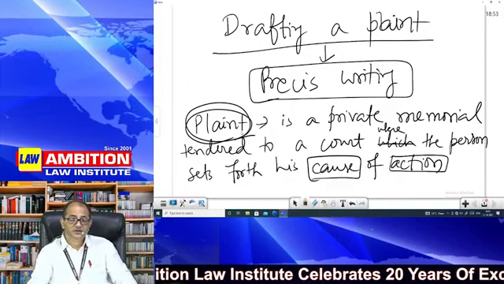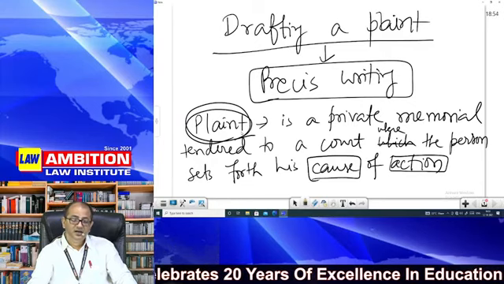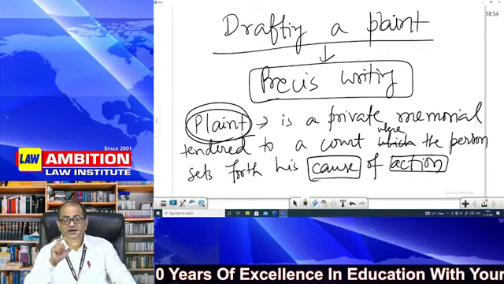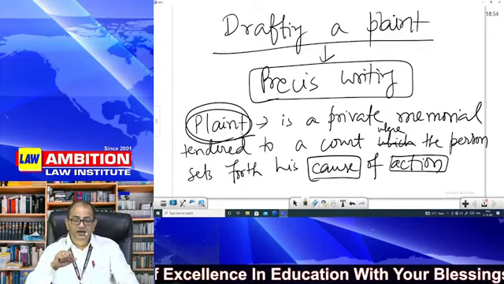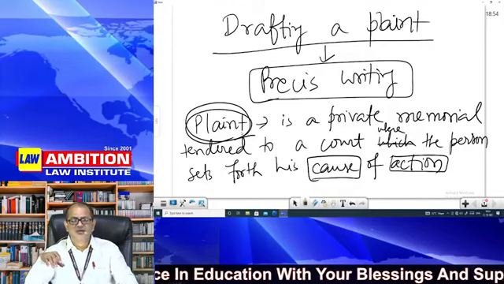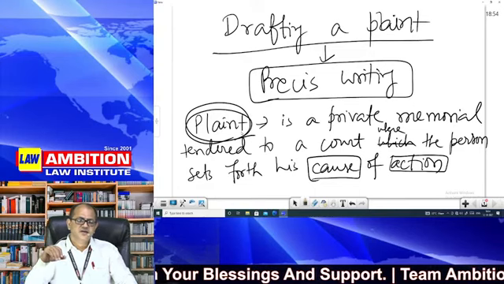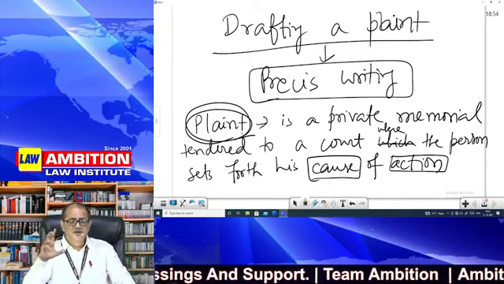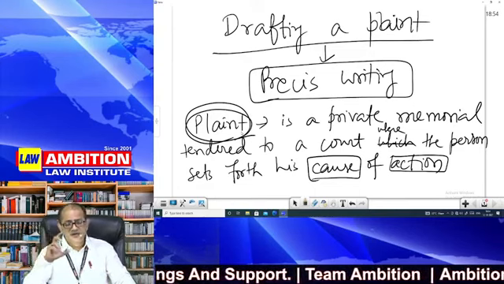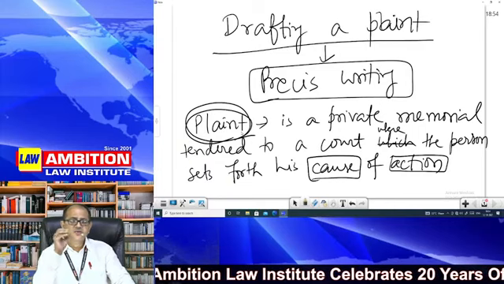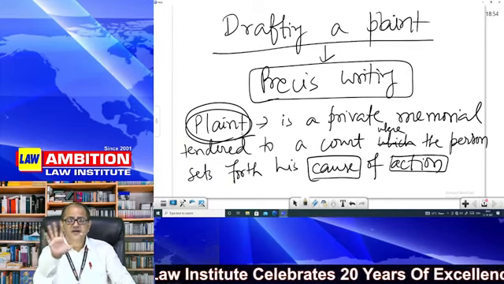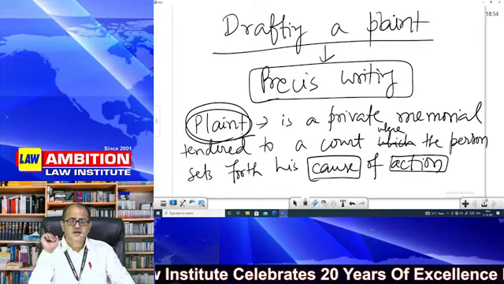But whenever you ask for this specific performance, then before the 2018 amendment of this SRA, there was a requirement in section 16C that whenever you write a plaint, you are required to aver the fact that the plaintiff was always ready and willing. This is still a requirement, that the plaintiff was willing and ready to perform his part, and he has performed his part. But it was specifically mentioned in section 16C that you have to write this. And in many a decision, the courts have said that if you do not aver or write in the plaint that you are ready and willing to perform your part, you may not be entitled to relief. Your plaint will be rejected.